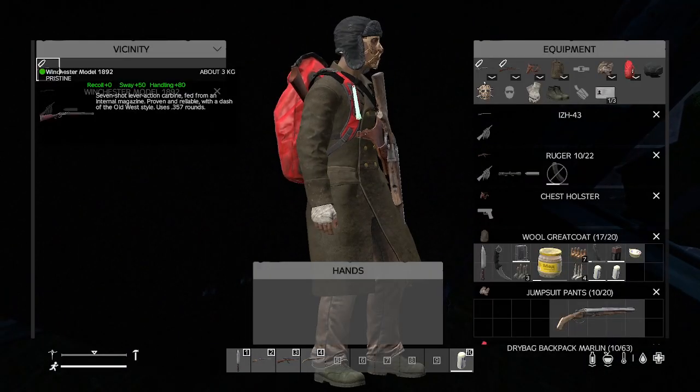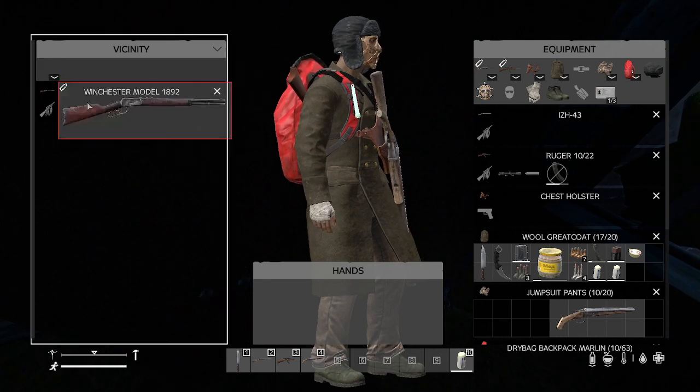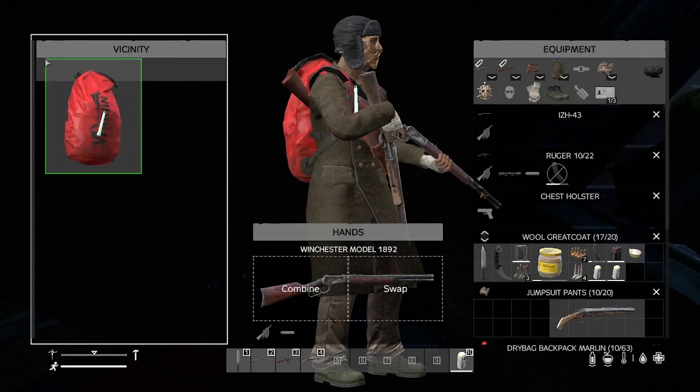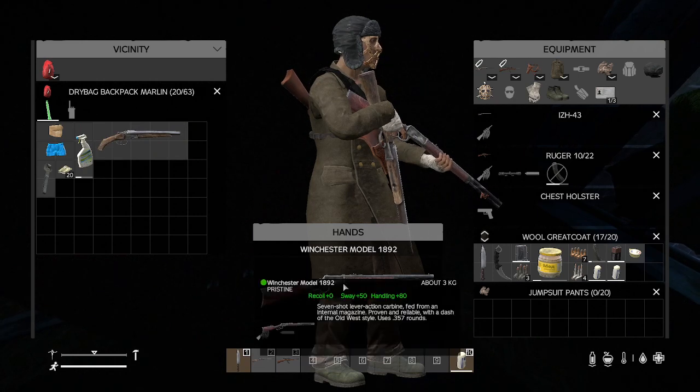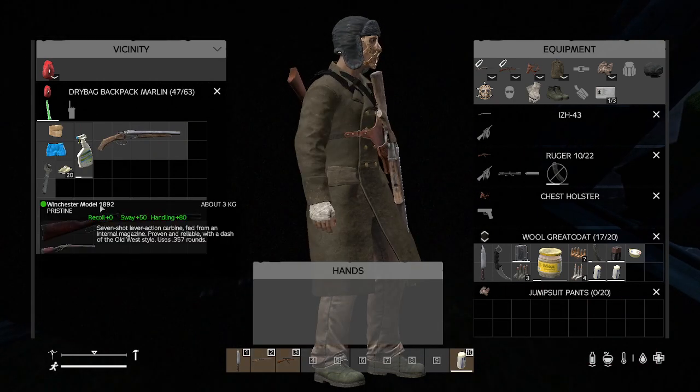This is a 357. Do I want to take that? I don't have any ammo for it. Let's see. I can put the shotgun in my backpack. I can put this in my... No, I can't. So if I do take it, I won't be able to...